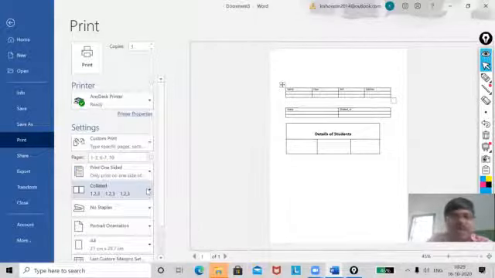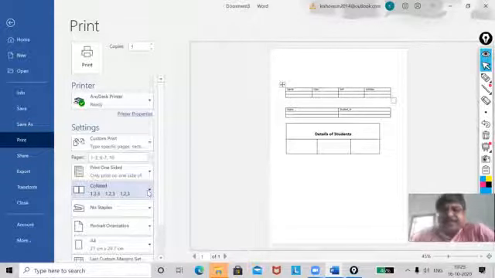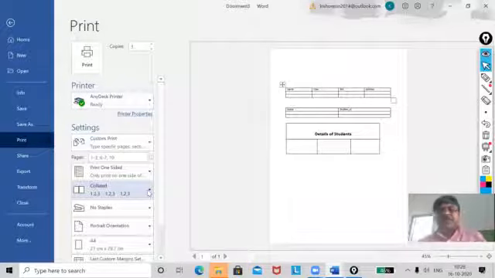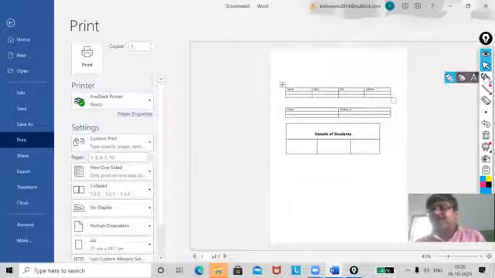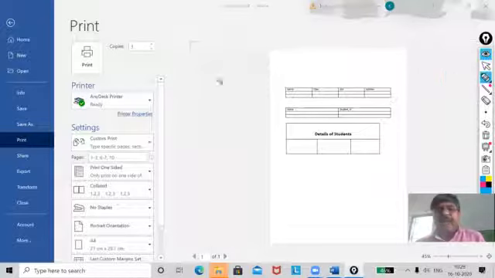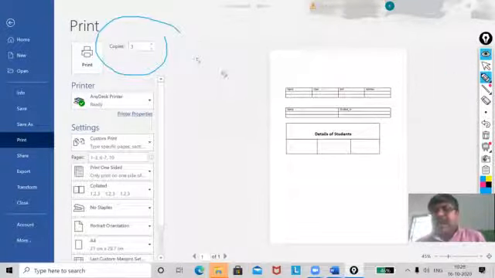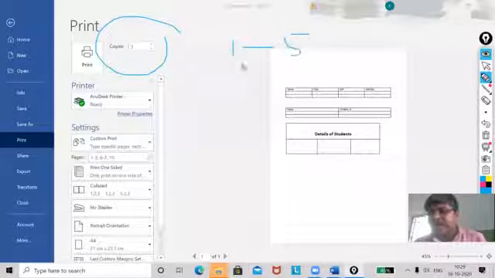Now, next one is collated. What is collated? You see, my dear, I am printing my document. How many copies have I given? 3 copies. I have pages 1 to 5 in my document.